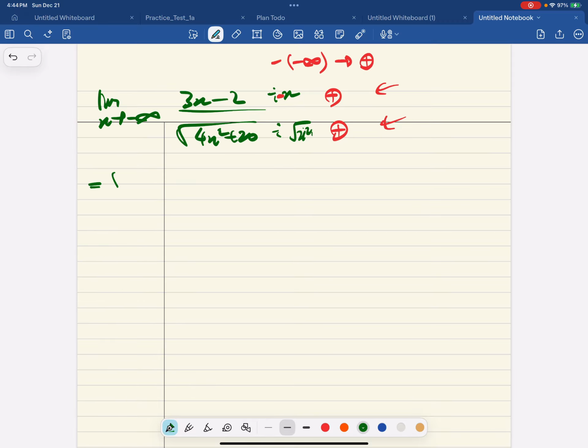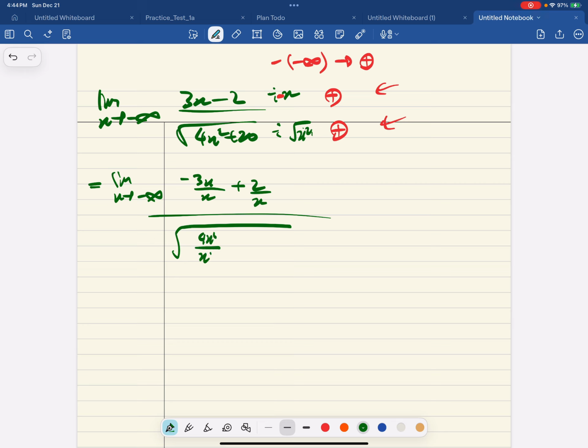So now we can solve. x approaches minus infinity. You divide by negative x. So it becomes -3x over x, plus 2 over x. And here, whatever is in the root stays in the root. But the root stuff does not have any sign difference, because there's nothing special about them. We added a negative here, but there's nothing added here. So there is